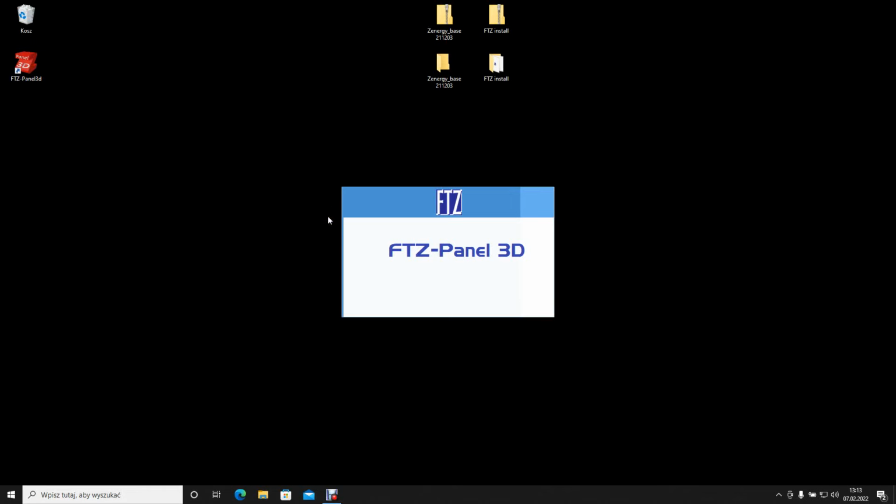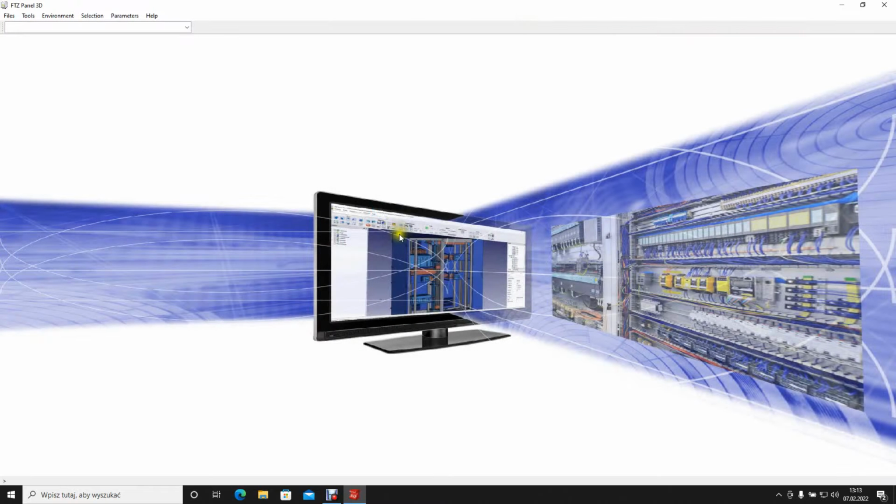So now the software will open. And now what else we need to configure is the environment. Because the software needs to know where are those 3D files, where are those CSV files with database, where are projects. You can click new